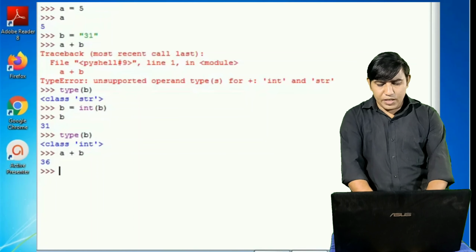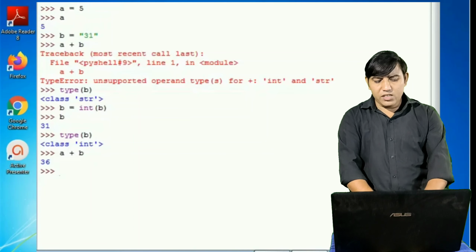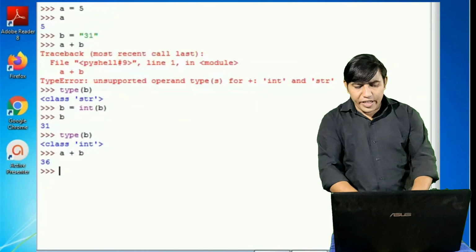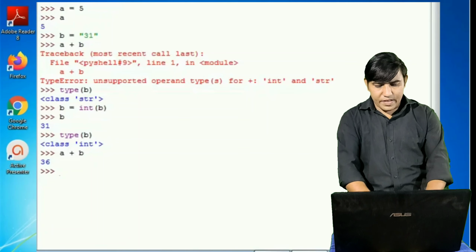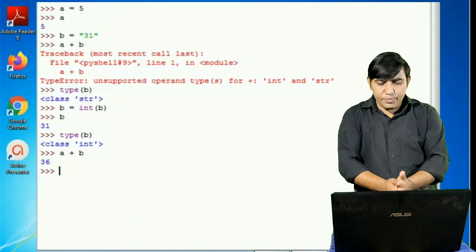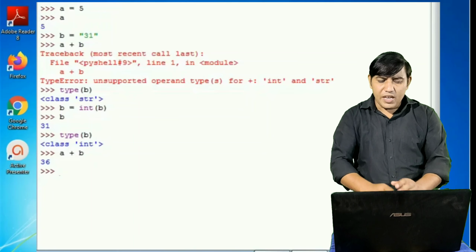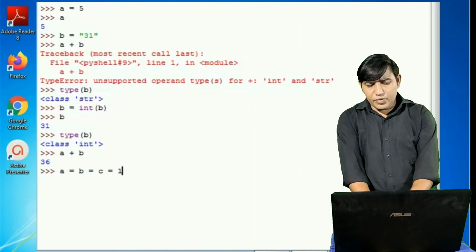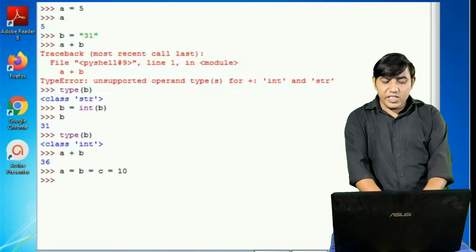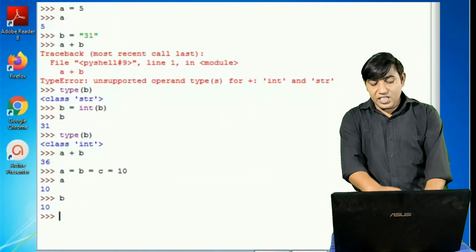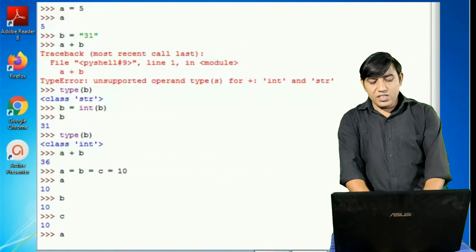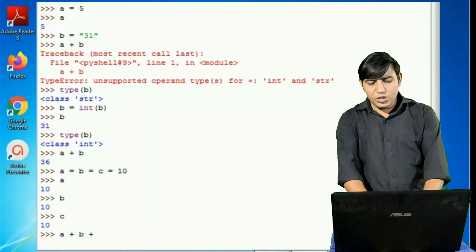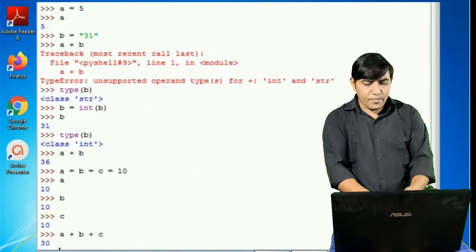It's a best example to learn variables, how variables operate and how variables change. Okay, in a programming language we can change a variable's type anywhere, whenever we need. A is equal to C is equal to 1. So what happened with that? Now there are 3 variables created with the same data type and same data, A, B, C. Now I'm going to add all of them, A plus B plus C, so definitely I will get 30.